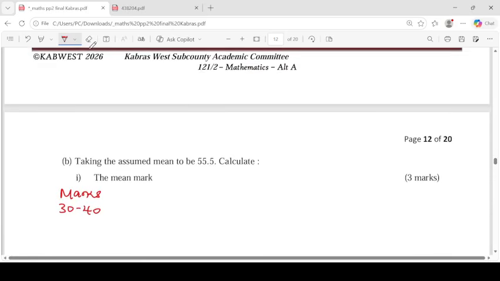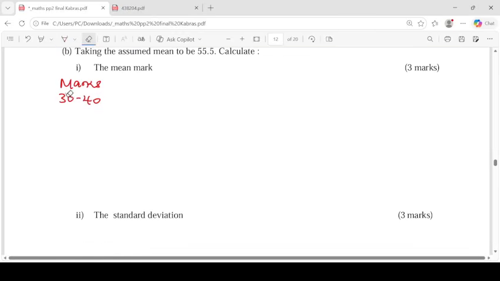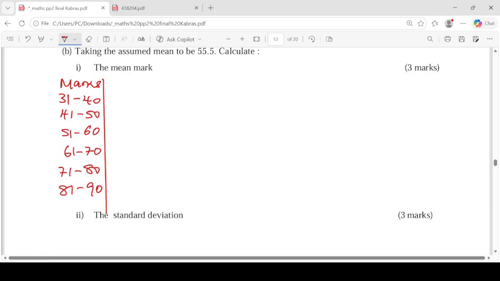So when we look at it, it was 31 to 40, 41 to 50, 51 to 60, 61 to 70, 71 to 80, 81 to 90. Then with this you can get, let's have the frequency first. The frequencies there were